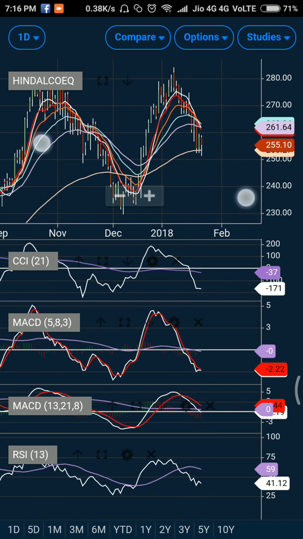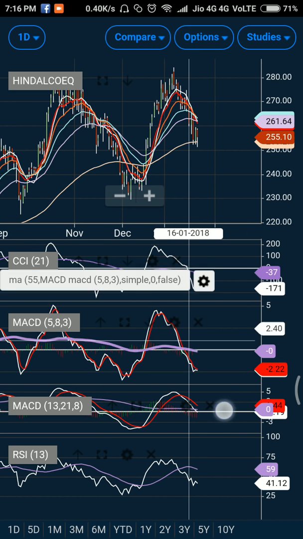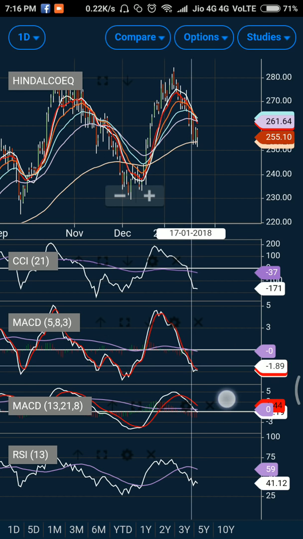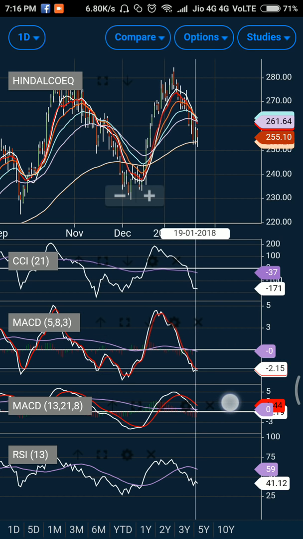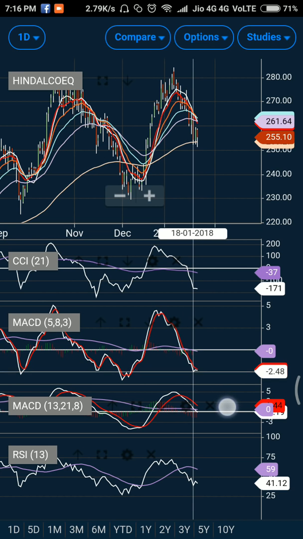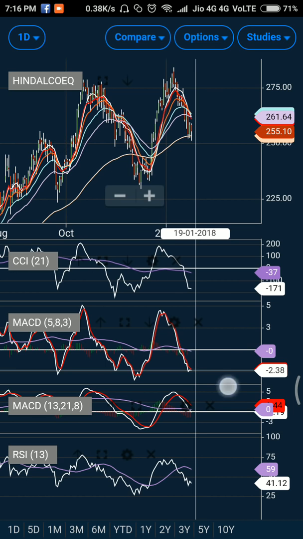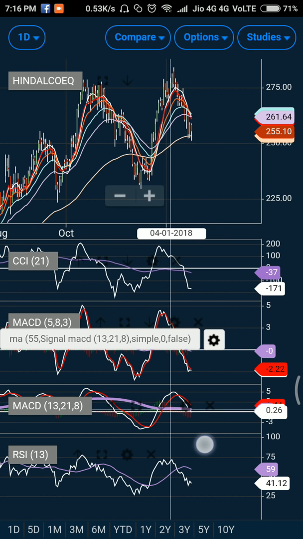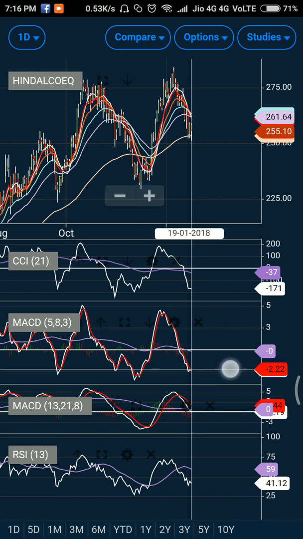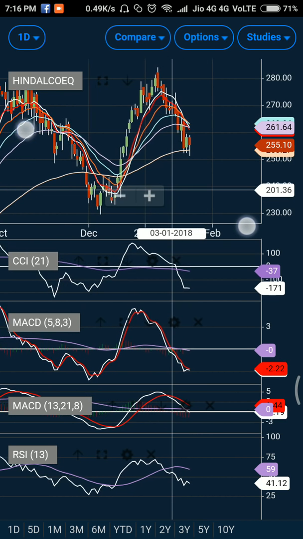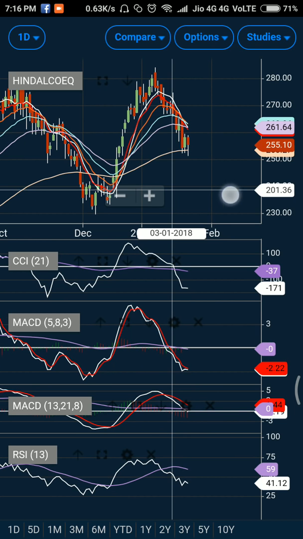Now, the reason for going short in this particular stock is there was a sort of a bearish crossover. As you can see, the MACD was also trying to break on a higher side but facing resistance. As you can clearly see, first resistance, second resistance, and the third resistance. Now on a bigger time frame MACD, you can also see a bearish crossover, and the exponential average is also getting broken, kind of. As you can see, the RSI is already trading below its 50 level, so there is all sort of bearishness that the stock has been showing.